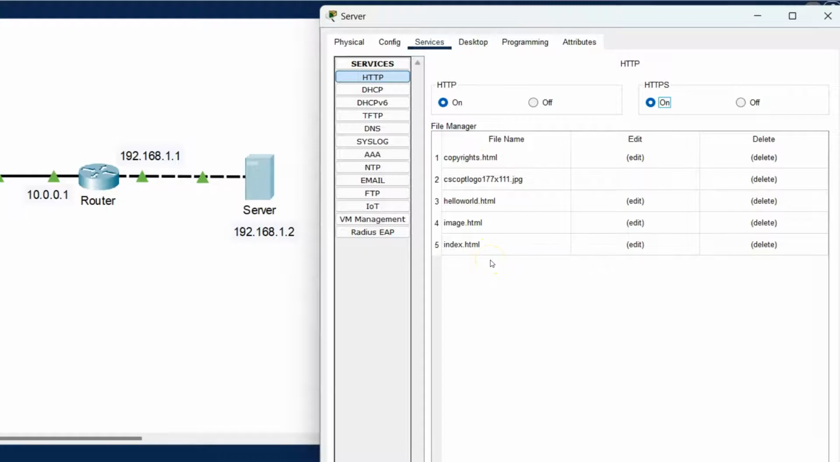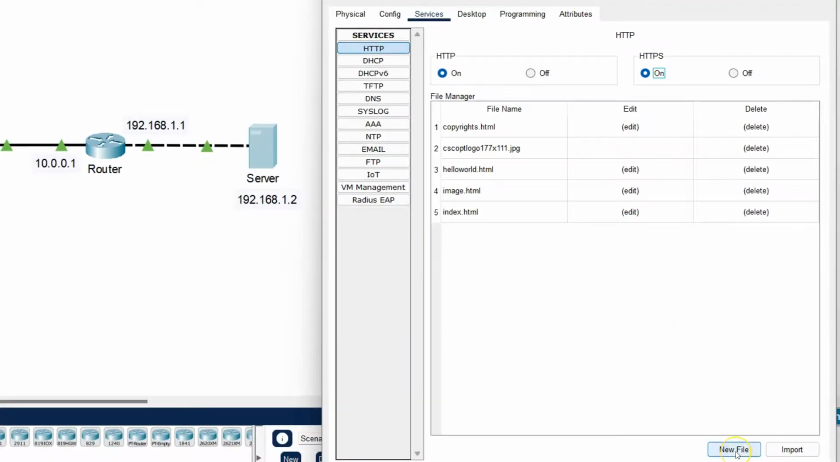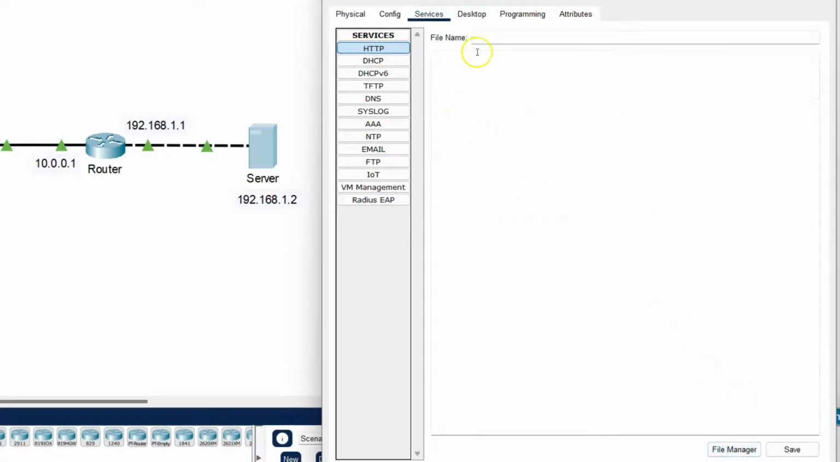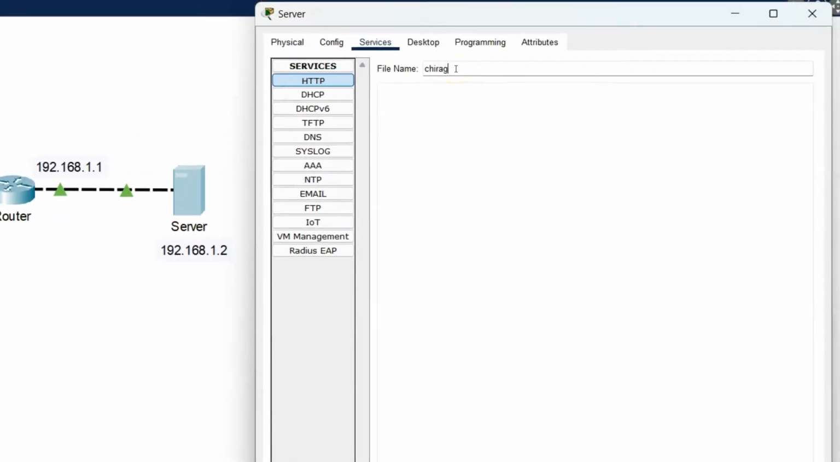Whenever you access any website on the internet, index.html is the default HTML file of that website. For example, you want to add your own HTML file. First of all, create the HTML file using the new file option. Now you can give the file name. I will give it chirag.html and you can write your code like HTML